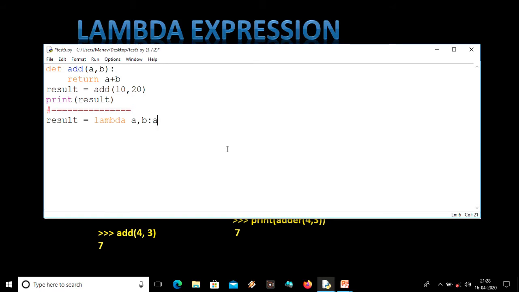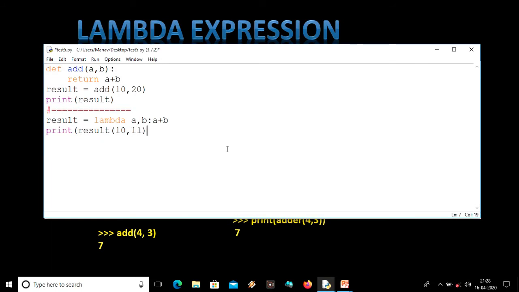Let us suppose I am using a plus b here, so it will return a plus b and save it in result. So when we print our result, in the parenthesis of result we'll pass the arguments. So let me do 10, and let us suppose here 11.